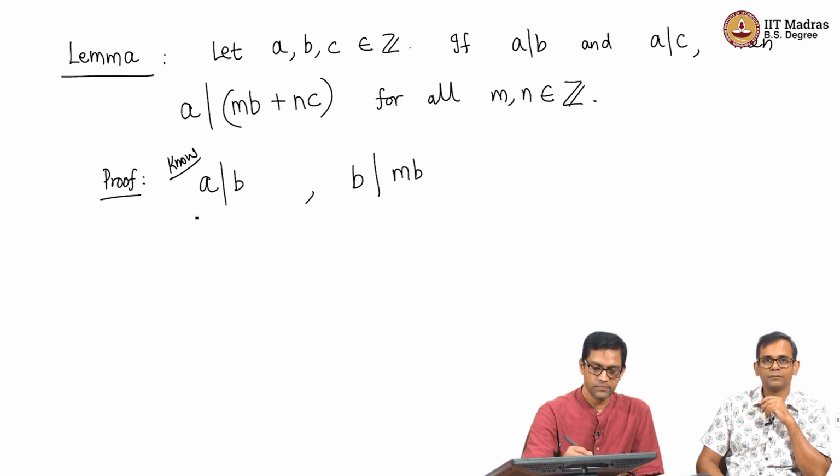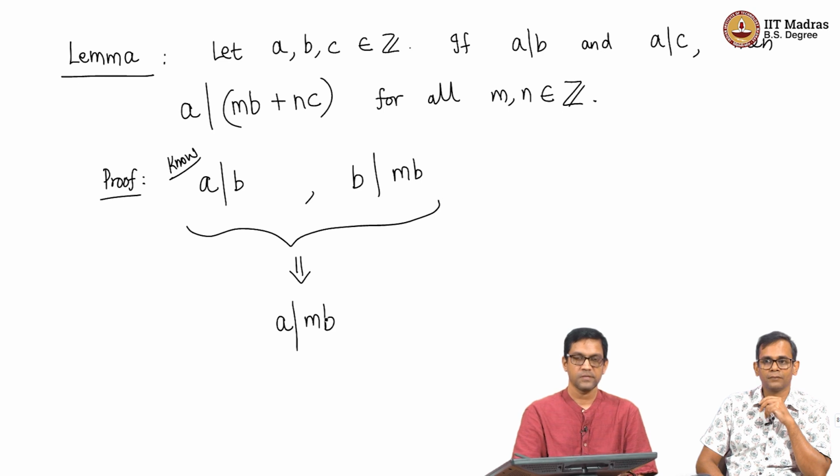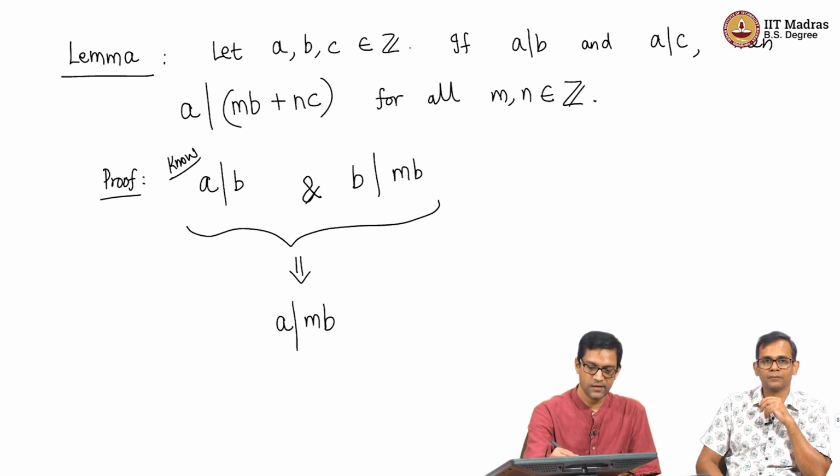And we already proved this. If A divides B and B divides C, then it means that A divides C. So we already proved this statement. So therefore, by using what we already proved, we conclude that this and this fact together tell you that A